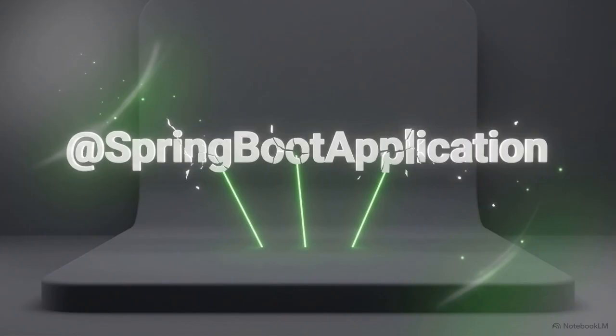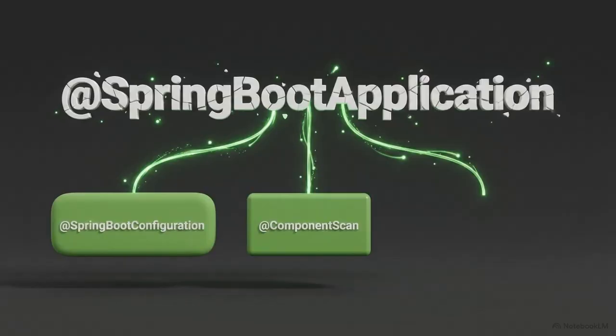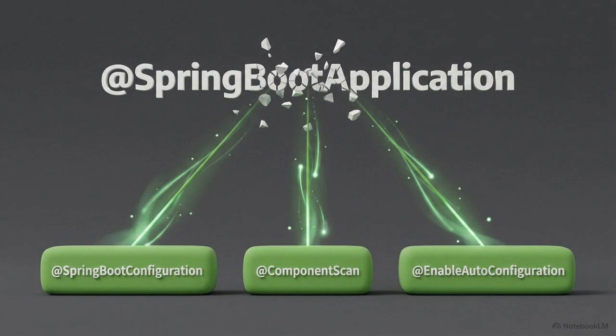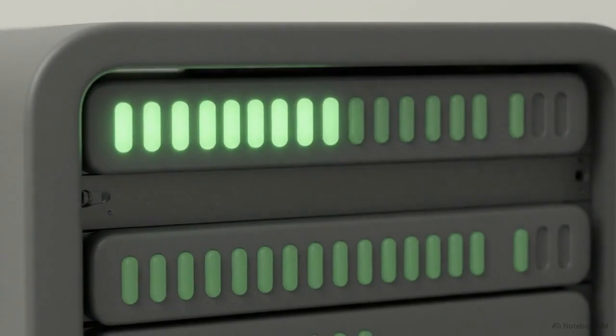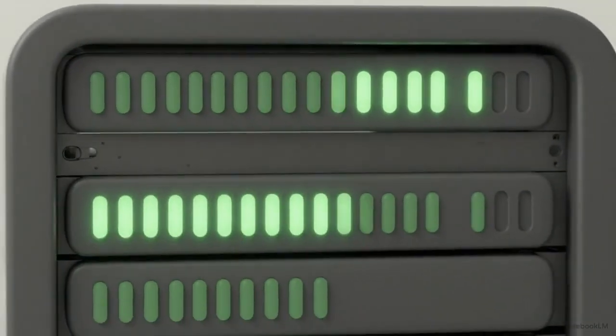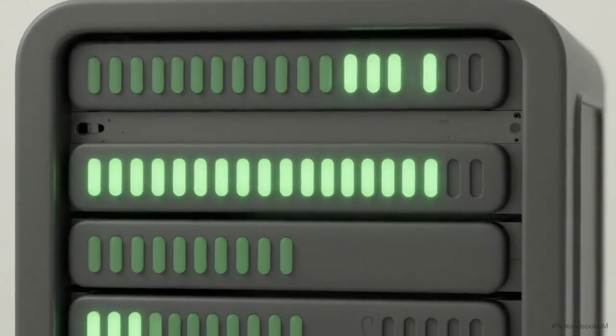It is a combination of 3 distinct instructions: one to mark the class as a configuration source, one to trigger a component scan, and one to enable automatic setup logic. When the code calls SpringApplication.run, it starts the lifecycle, a sequence that executes in the milliseconds before the application is